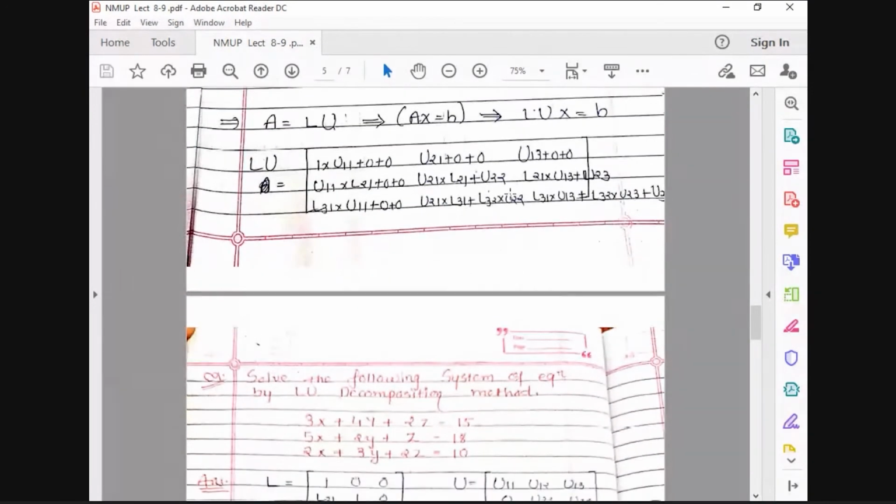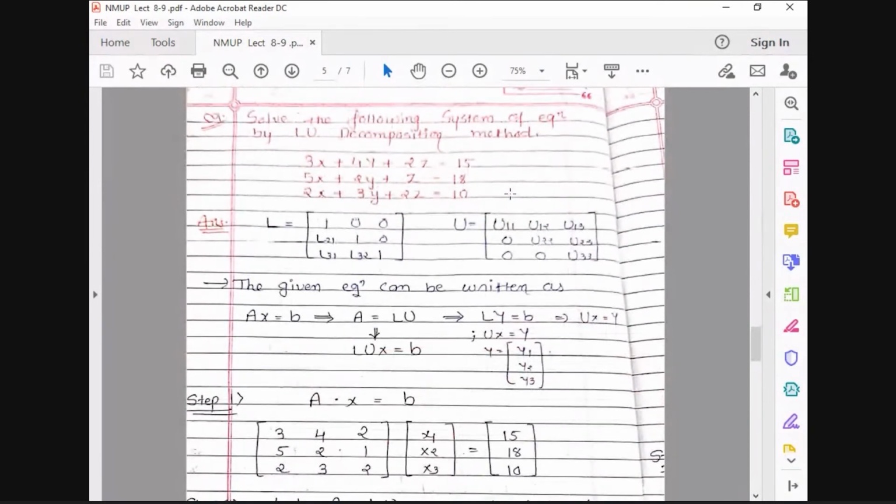Now there is one example. With the help of this example, we'll try to understand the steps of this method. Okay. So over here, a set of equations is given to you. 3 equations are there. First of all, we'll write down the general form of L and U. In this way, you can take any variable names for L21, L31, L32, just A, B, C, then P, Q, R, S, T, U, for simplification of the calculation. It is not necessary to write U11, U12, U13, just like me.